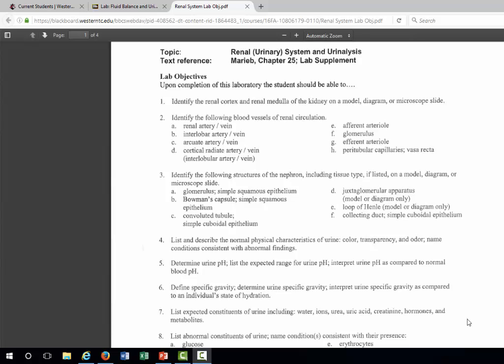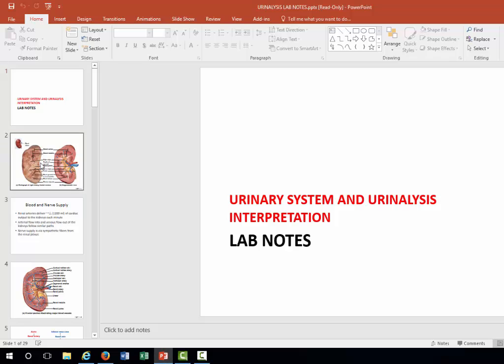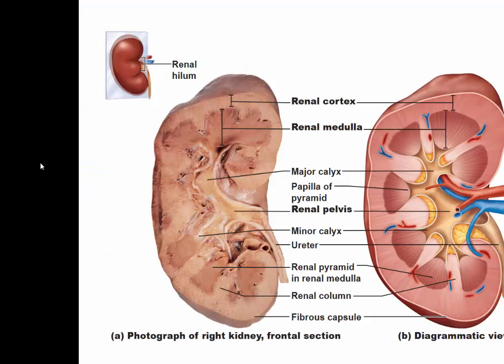Okay, so we're on page 91 in the lab packet looking at the urinary system. We also call the urinary system the renal system and urinalysis. So the first part has you just identify the major parts of the kidney using a model, a diagram, or a microscope slide. So if we go to our PowerPoint here, looking at major parts of the kidney, the cortex